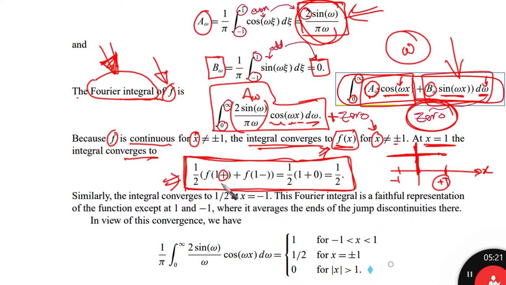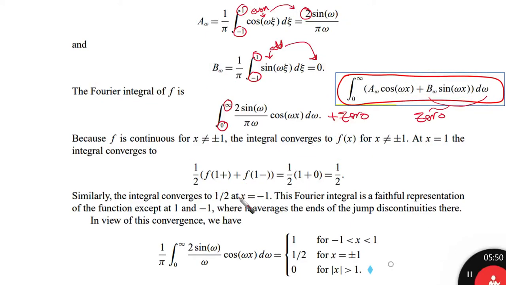What is the f of x from right? At this point, converging from the right, it is going to be 1. And then we are going to add to it f of x from the left. From the left, it equals to